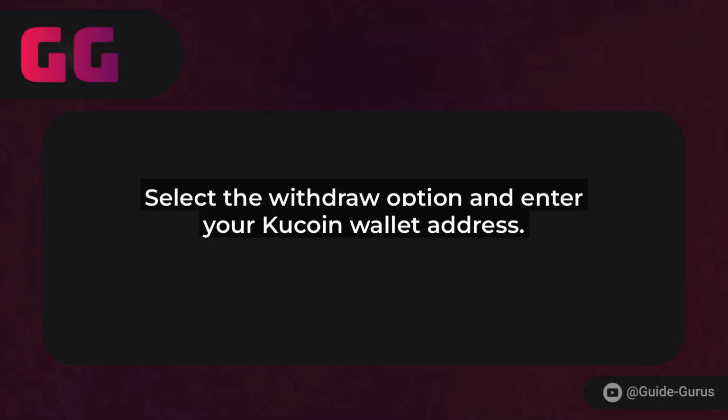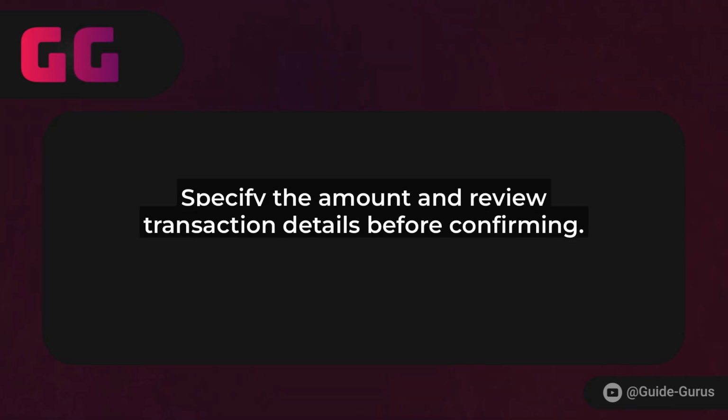Step 3. Enter the amount of Litecoin you want to transfer. Keep an eye on the network fees. In 2025, these might vary based on blockchain congestion, so choose an amount that makes sense for your budget. Review the details carefully, then confirm the transaction. Uphold will process it, and you'll get a confirmation email or notification.